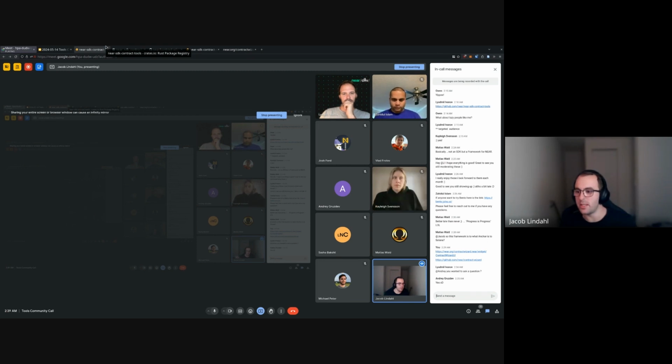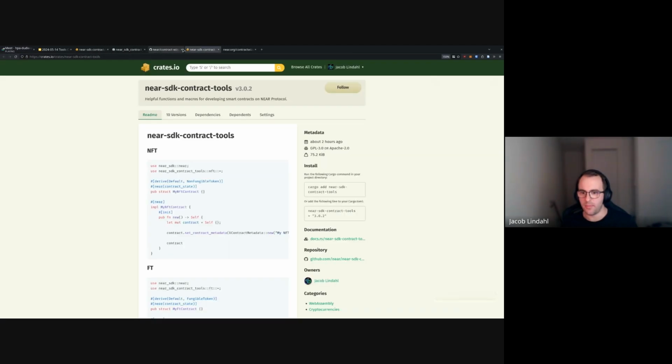You can already do that with Near SDK. Now, what I would really like to do is make it so that every time you say derive non-fungible token, it automatically adds that to the automatically generated contract metadata information. That is possible, sort of.